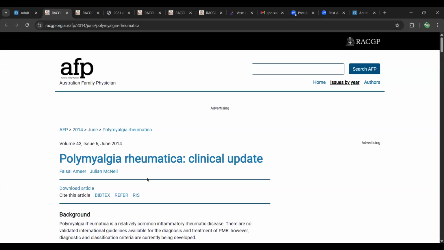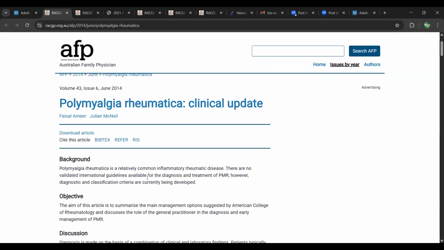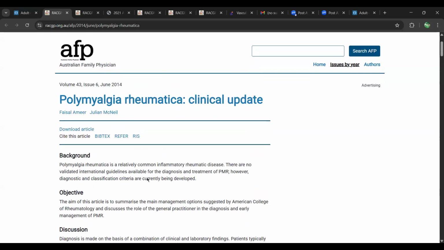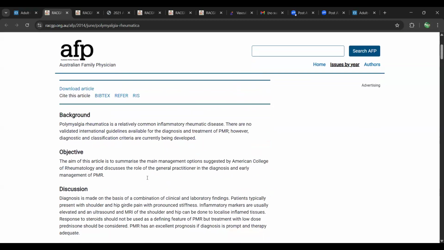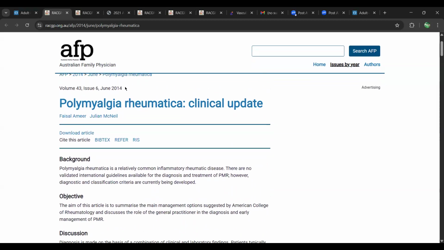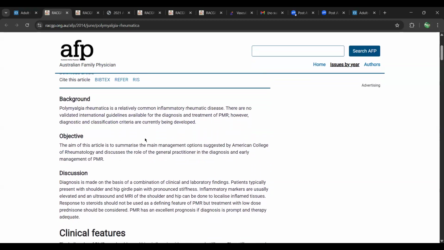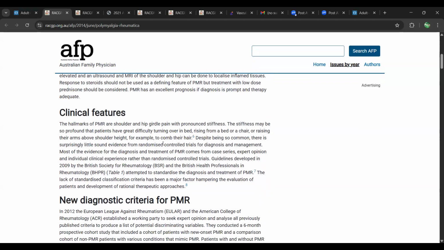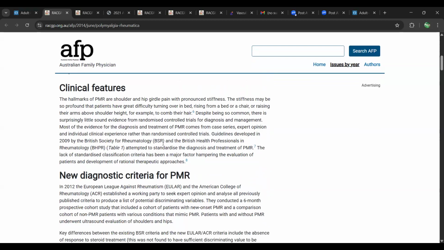So this AFP guideline is actually what the Royal College of Physicians follow. These are the guidelines, right? This is an updated one, but it's not very recent. It's 2014. That's the latest one that's available, right? You can have a go through with this. I will tell you what's important.